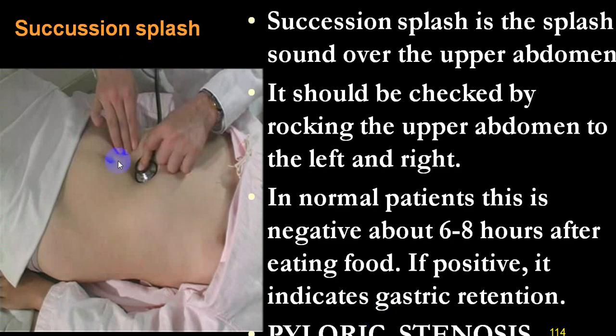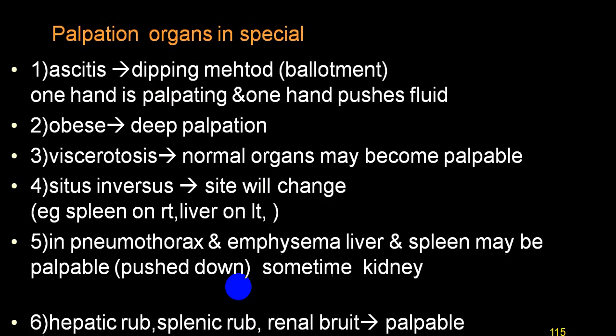Splash will be audible and can be palpable when you put it on a distended stomach in case of a pyloric stenosis, where it is filled with liquid and there is air in the fundus part, and you shake the person or you rock the person and you can feel for splash on palpation, and it can be audible also. We can call that an audible succussion splash. And when it is palpable by a palpating hand, we call it a palpable succussion splash, and it is very characteristic in case of a pyloric stenosis.